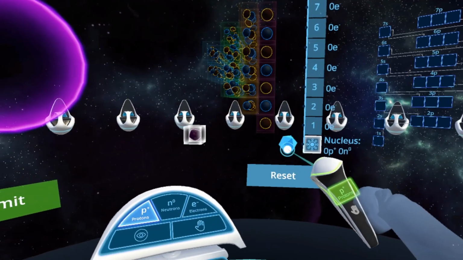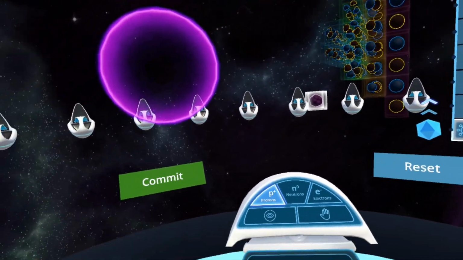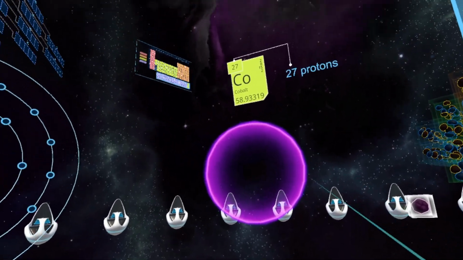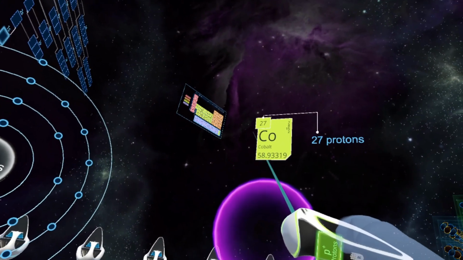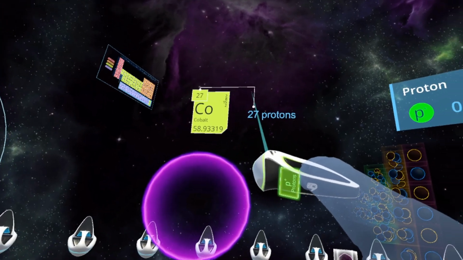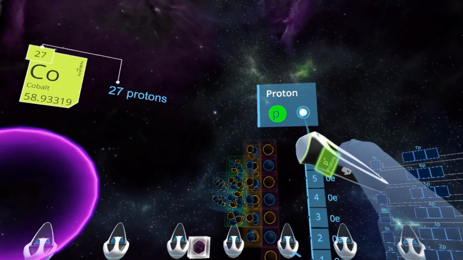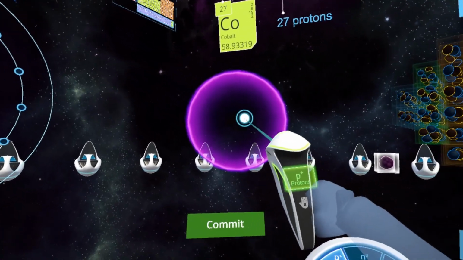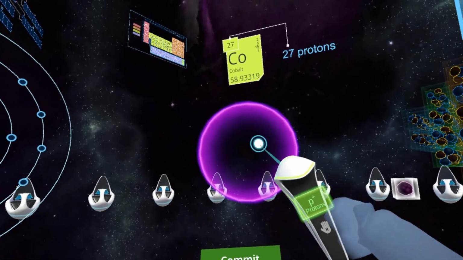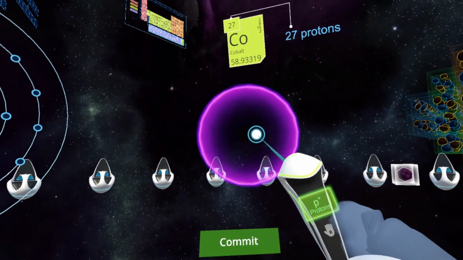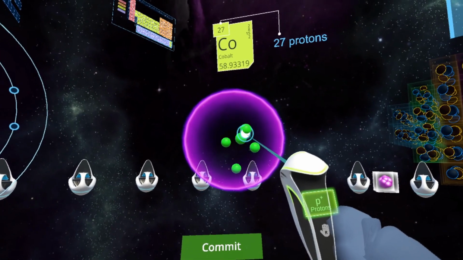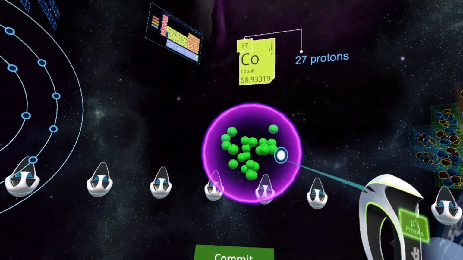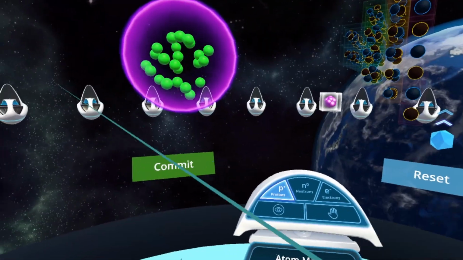But once we are on the nucleus level, we need to first put some protons and neutrons into the core. Now, for cobalt, we see that it has 27 protons, and here is a counter that will be counting how many protons we put into it. So what you need to do is point your controller at the nucleus and start shooting, and you can just click and hold the trigger button, and it fills all the protons